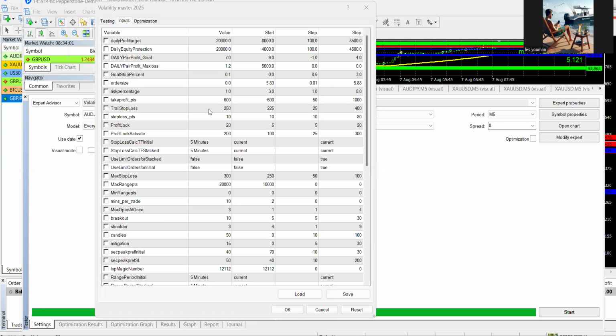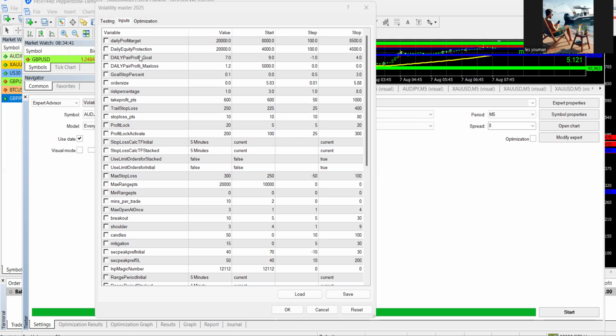And I realized that I had an older version of settings up before, but I'm going to keep that video because what I said in that was all 100% correct still. The only thing we would have missed is this particular setting just here, the goal stop percent. That wasn't in what we were looking at in that first video, but everything else was still the same. And what this particular setting does is